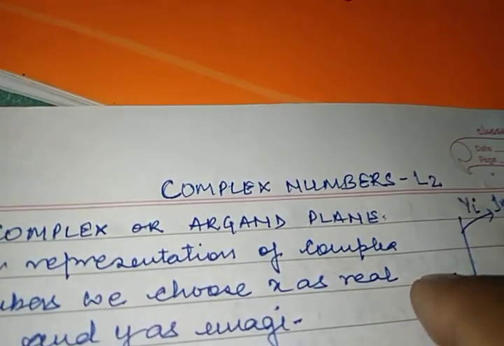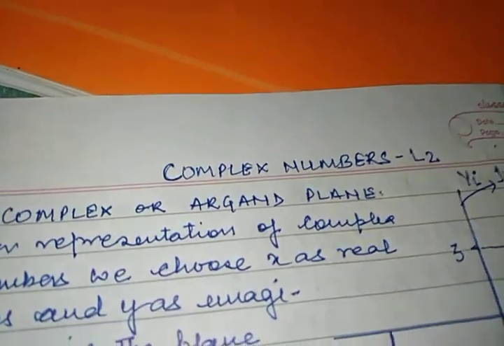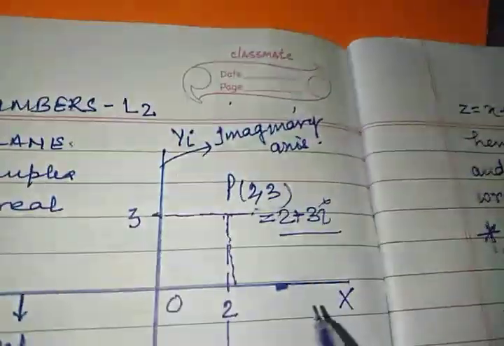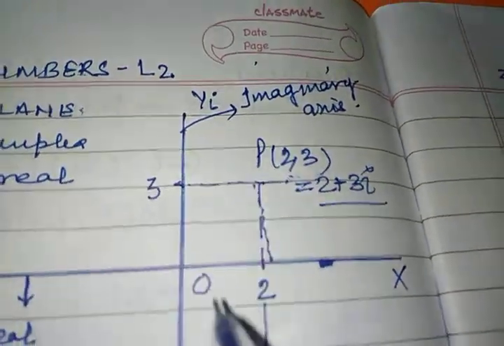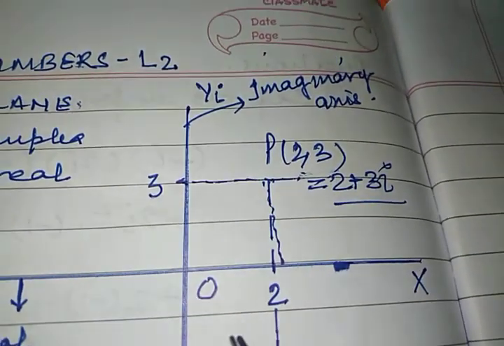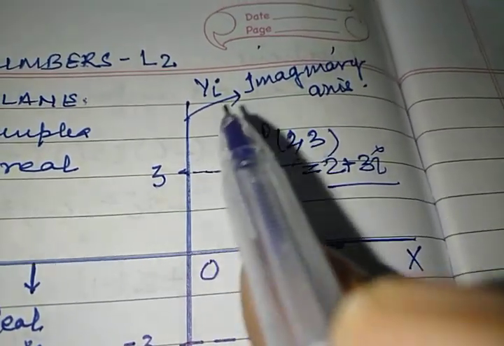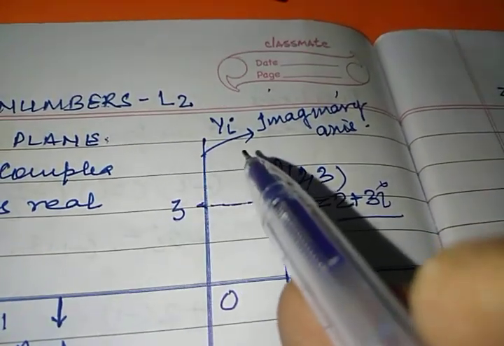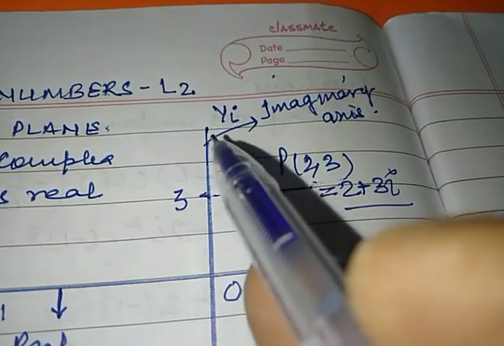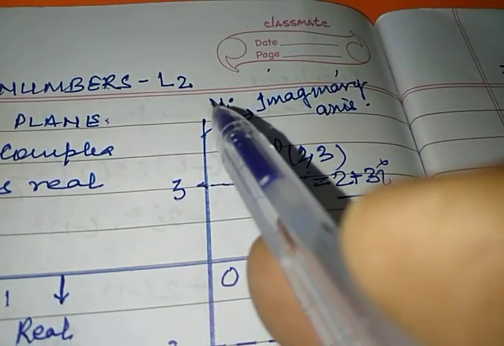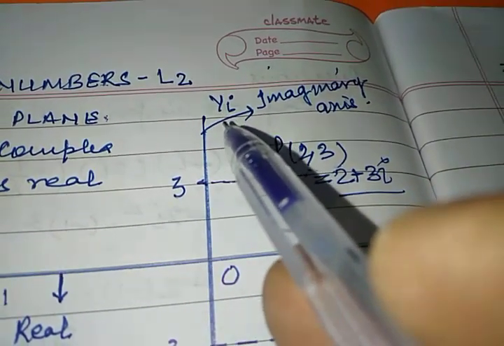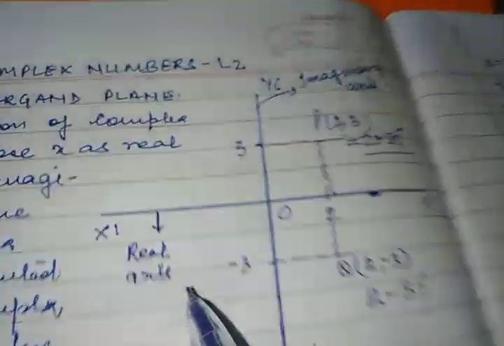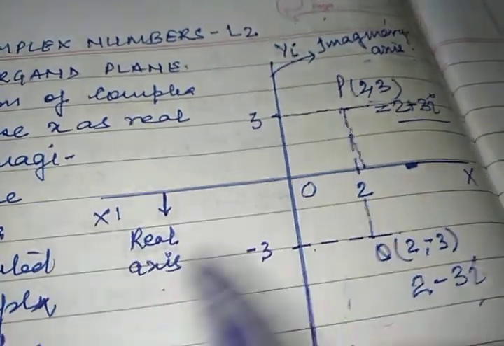Complex numbers we have done. Now we want to plot them on graph paper, or squared paper. Once I have taken it here, this is your coordinate axis. This is the x-axis, this is the y-axis as usual, but here there will be one difference. The y-axis will be taken as the imaginary axis. So I have written here yi.